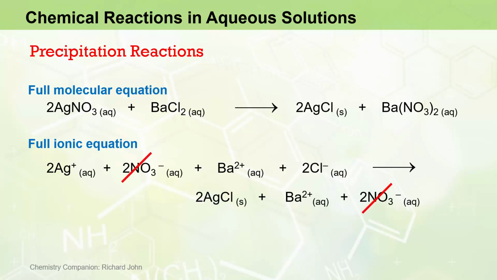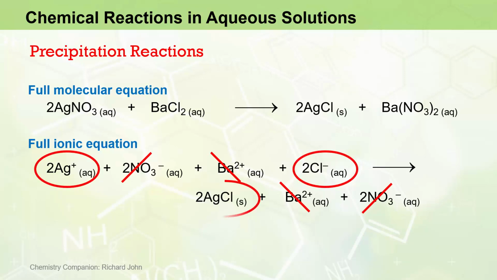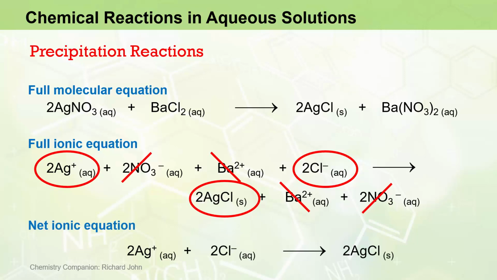Now we can see that the nitrate ions on the left-hand side undergo no physical or chemical change going from the left-hand side of the equation to the right-hand side. These ions are therefore spectator ions. They don't take any part in the reaction, and we can effectively cancel them out. The other spectator ions that undergo no physical or chemical change are the barium ions. So that just leaves us with the two silver ions and two chloride ions on the left-hand side, and the 2AgCl solid on the right-hand side, resulting in our net ionic equation at the bottom, which you will notice has